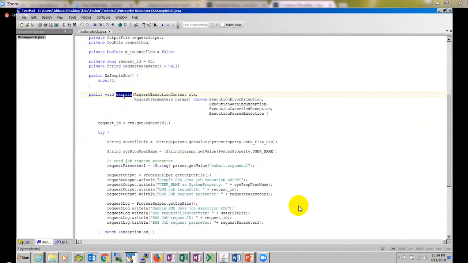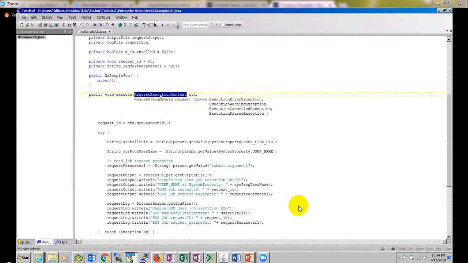It will take two parameters, request execution context and request parameters. And here again, we can pass up to 100 parameters,